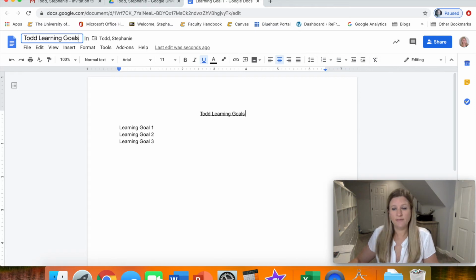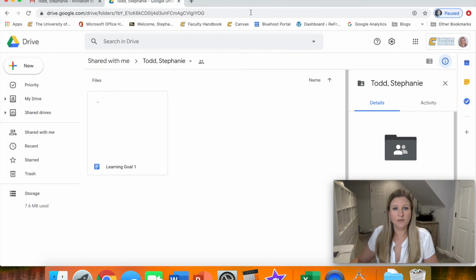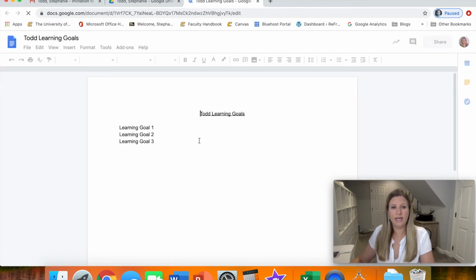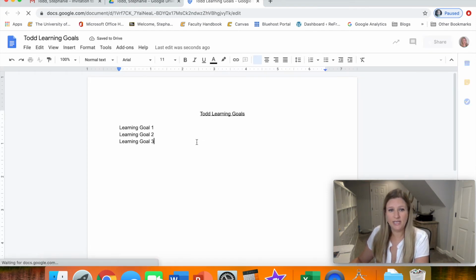Same thing with drafts. This just helps me, again, keep them all straight because I do have so many students. And then that's really all that you have to do. So Google Docs has saved everything automatically. You've titled your document, and then when you close this tab, you'll see that it automatically appears in the Google Drive folder that we've created. So it's already there. Then if you want to go back and add to it, you just open it back up and it will pull up that document, and you can continue editing or adding content